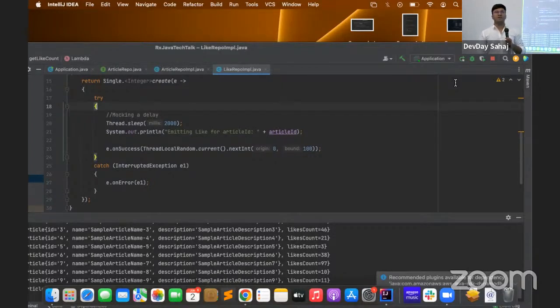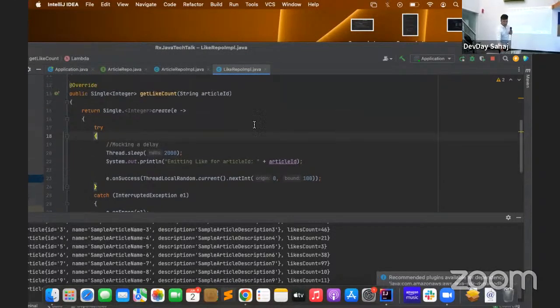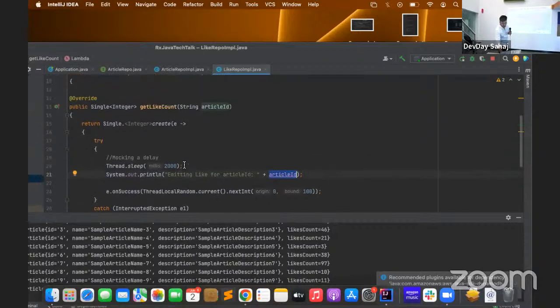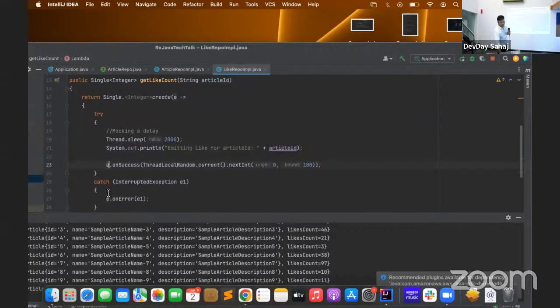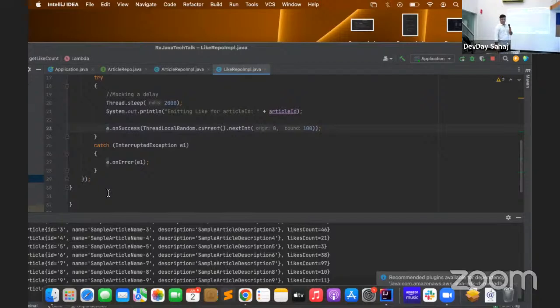How DB calls can make use of it. When you're calling a DB, your DB will return you a specific object. Now you emit this object through a specific emitter. Let's say a single object. Over here I have used it. Let's say this object is an article ID, and I'm returning a like count over here. So how DB can use this is when, let's say this is a synchronous call,